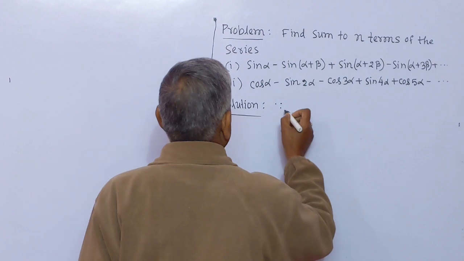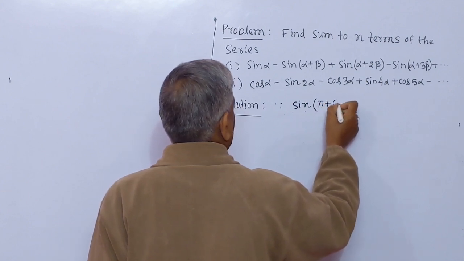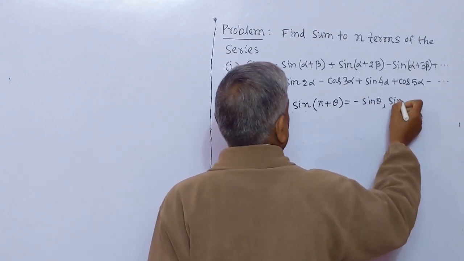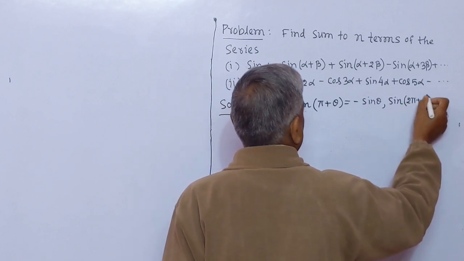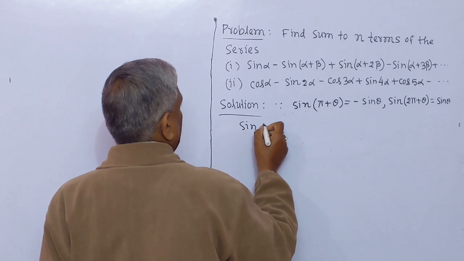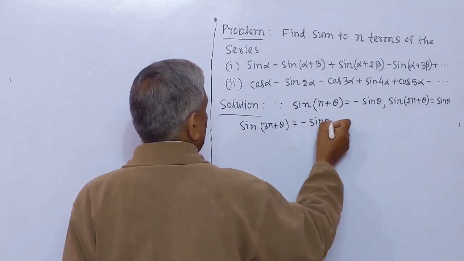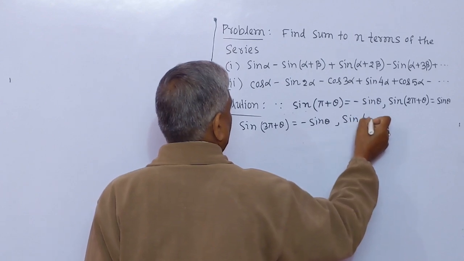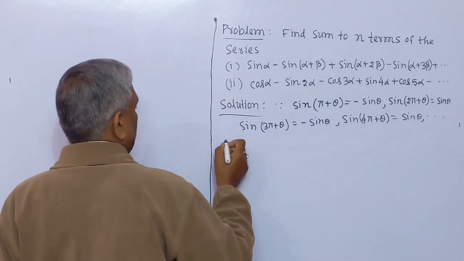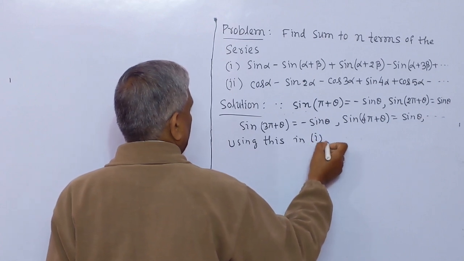Since sine pi plus theta equal to minus sine theta, sine 2 pi plus theta equal to sine theta, sine 3 pi plus theta equal to minus sine theta, sine 4 pi plus theta equal to sine theta, and so on. Using these in 1, we get